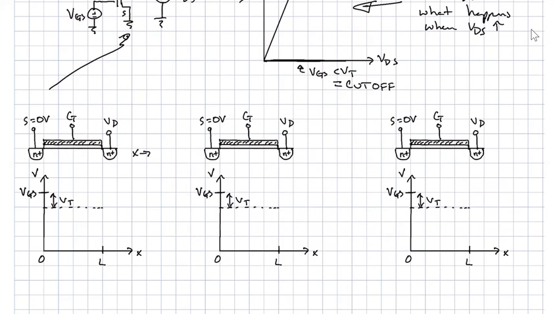Okay, so if we started out, and said that VD was equal to 0, then the voltage between the gate and the channel is uniform, because there's no difference in voltage between the drain, if VD starts at 0, and the source, which is at 0 volts. So we would have a uniform channel. And that would be true as long as VDS is small. So we could say, all right, VGD, if VDS is small, we would have